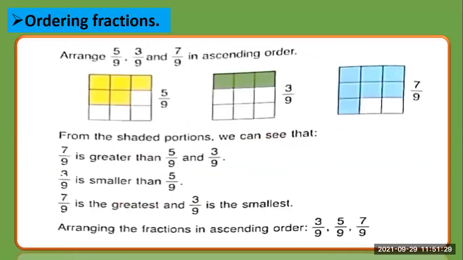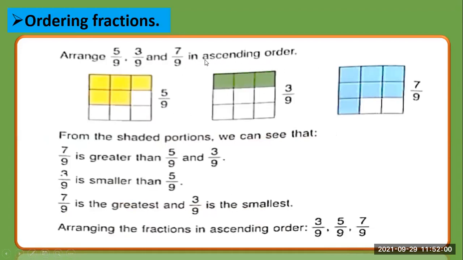Here, we will arrange 5 over 9 and 3 over 9. Okay, we will arrange. So if we will arrange, we can see here that they all have the same denominator. So if they have the same denominator, we will compare the numerators, the numbers at the top. So 3 is smaller and 7 is the greatest, right? 7 is the greatest, 3 is the smallest. So we will arrange here 3 over 9 and then 5 over 9 and 7 over 9 in